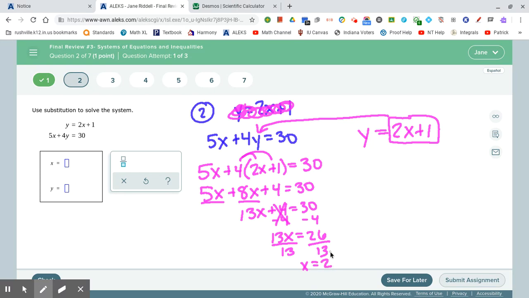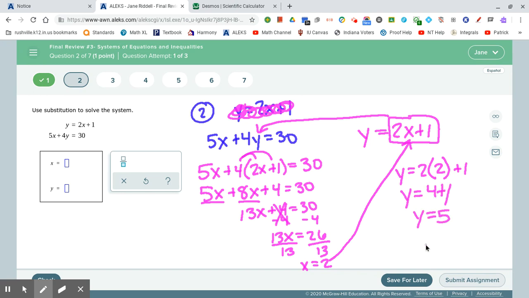Okay, so that's telling me that these two lines intersect at a single point. I know the x-coordinate of that point is 2, but what's the y-coordinate? Well, when you use substitution, you're not just going to substitute once, but you substitute twice. All right, so I'm going to plug this back into my original equation. So y equals 2, and then I'm going to replace x with 2, because that's what I said. X is 2, so I'm replacing this x with 2, and then plus 1. So this is going to give me y equals 4 plus 1, so this is going to give me y